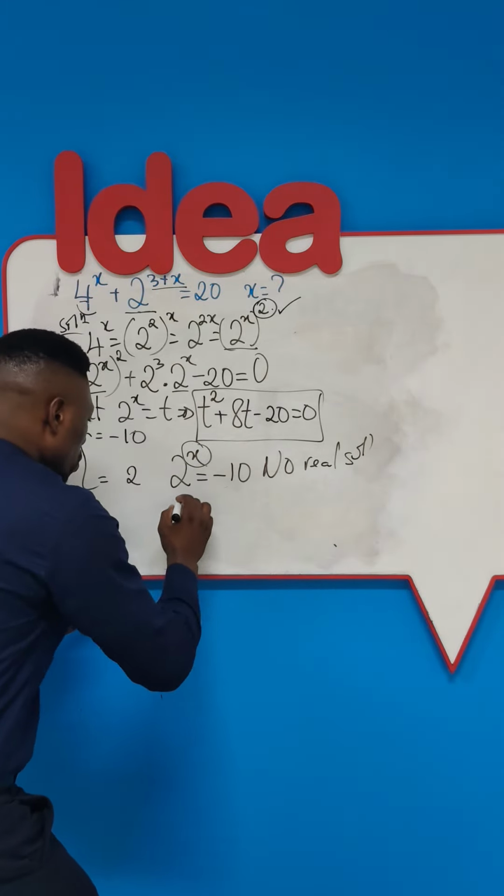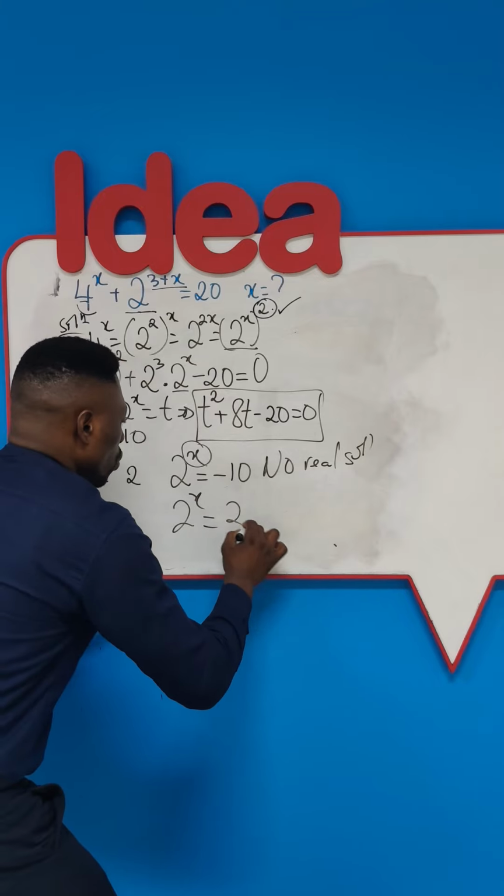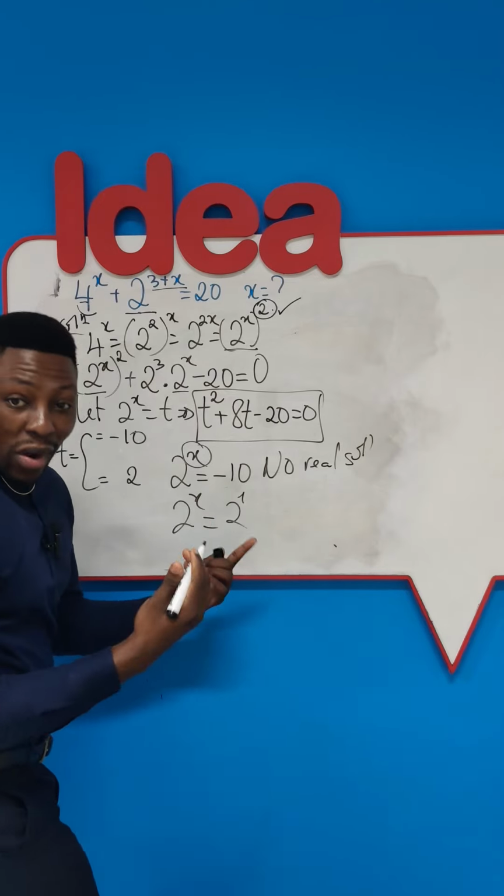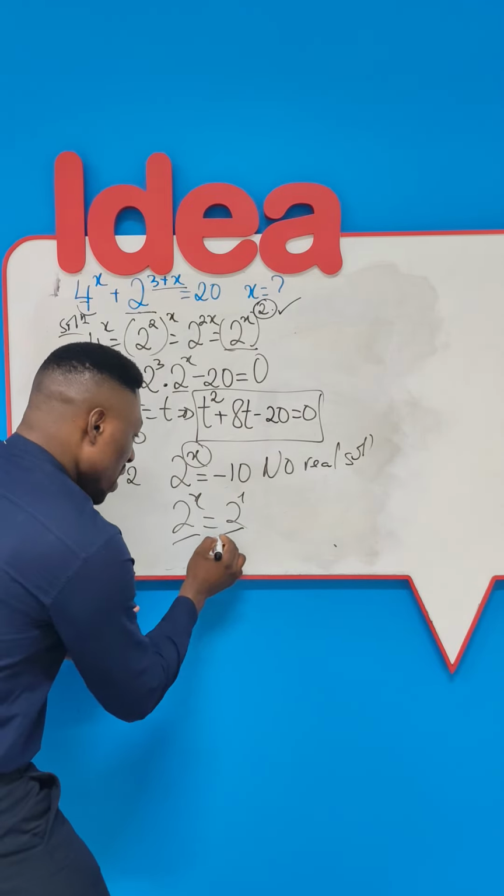But for the second solution, 2 to the power of x equals 2, which can also be written as 2 to the power of 1. So now that they have the same bases, we will compare